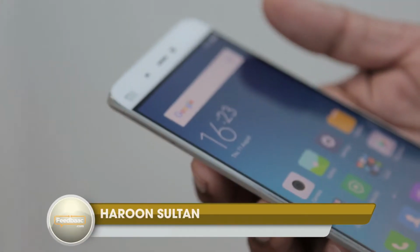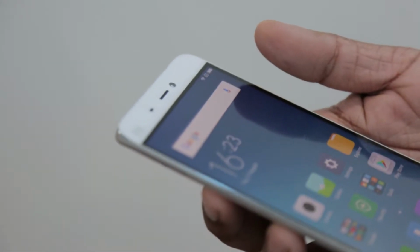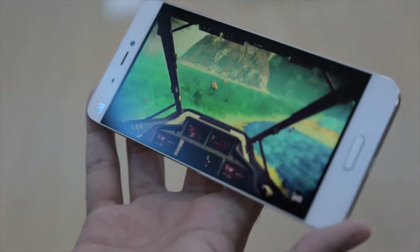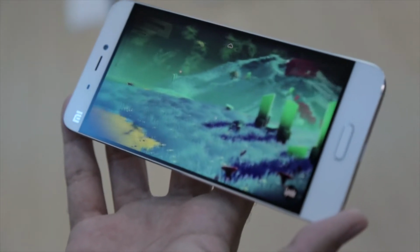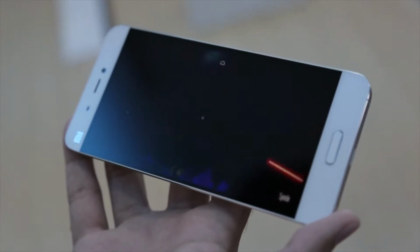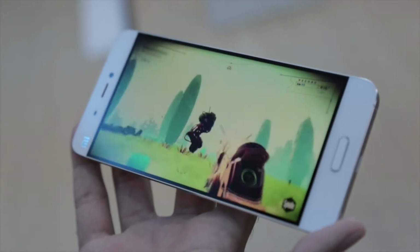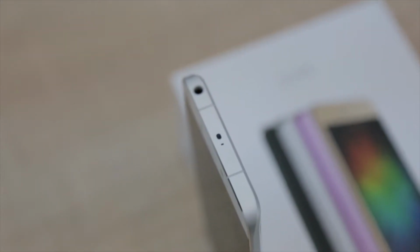The Mi 5 is Xiaomi's flagship phone, sporting a 5.15-inch screen with Gorilla Glass 4 protection. The display itself is an IPS panel with full HD resolution, being a little subpar when put up next to some of the other flagship phones out there on the market. Now, while we are comparing the phone to the current market standards set by the likes of the HTC 10 and the new Samsung Galaxy S7, one thing you have to keep in mind is the Mi 5's incredible price range. It's almost half the price of the Samsung Galaxy S7 and yet manages to stay competitive in terms of